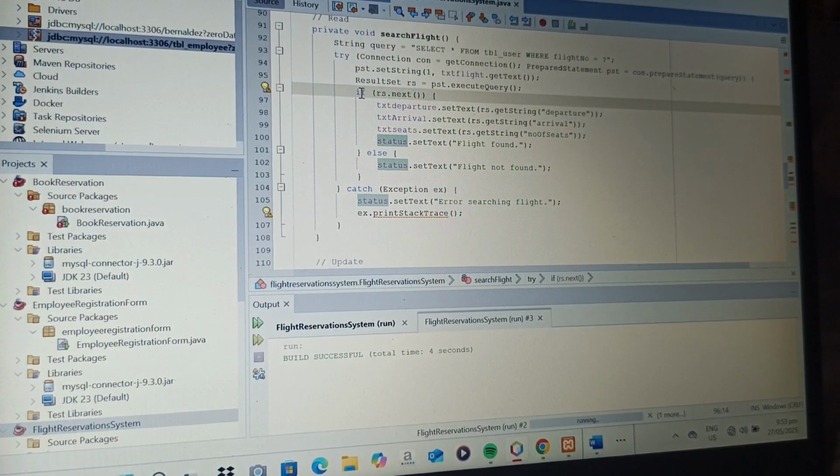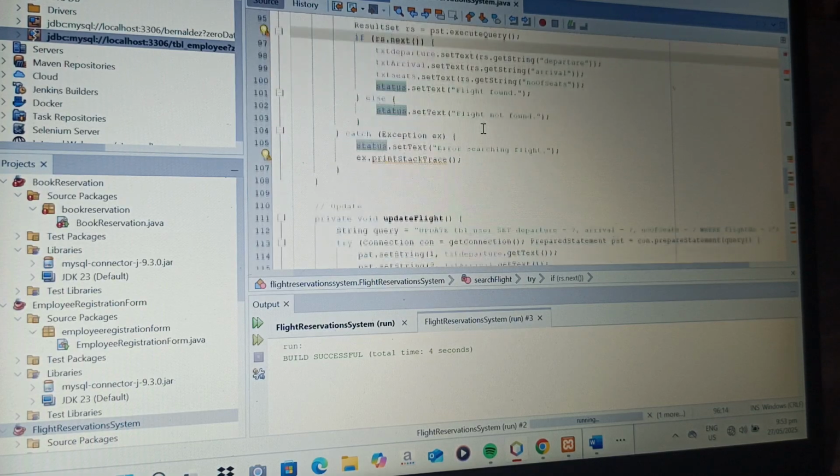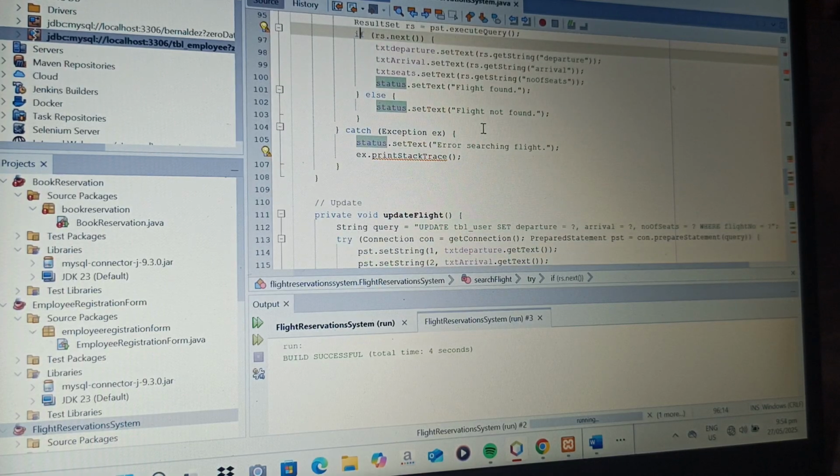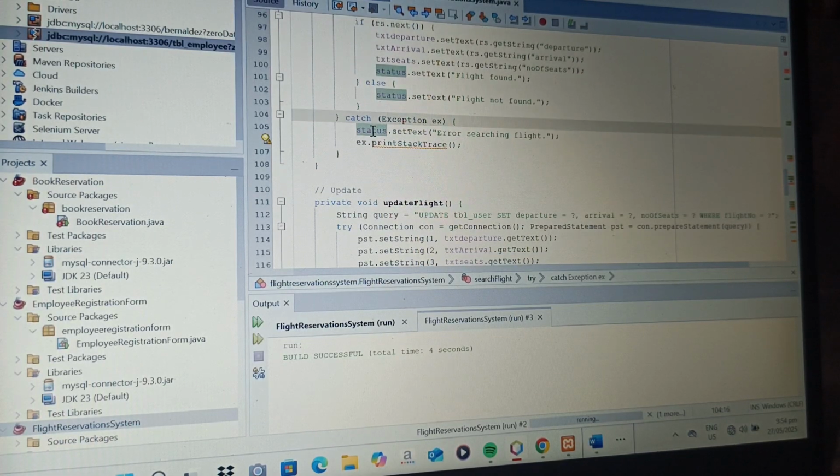If the flight is found, it fills the form with data, otherwise shows a not found message. Then in catch, as I said earlier, it handles and prints any exception during the search, so that we can see this error, search flight.